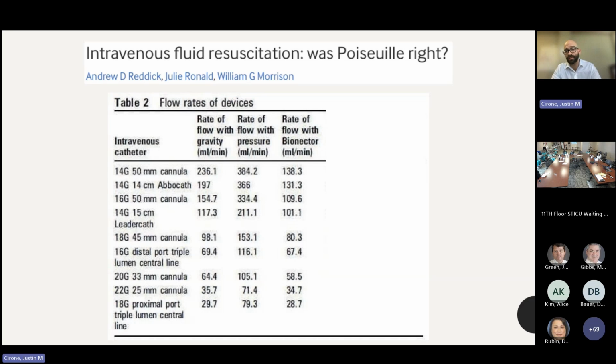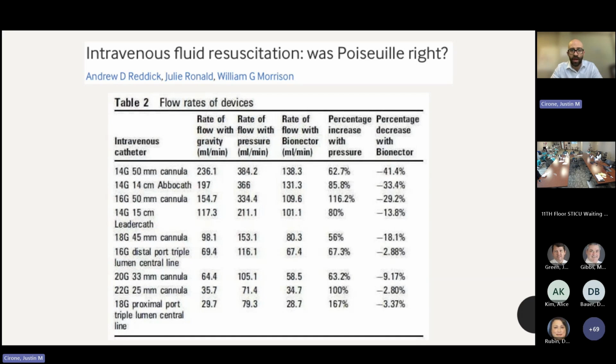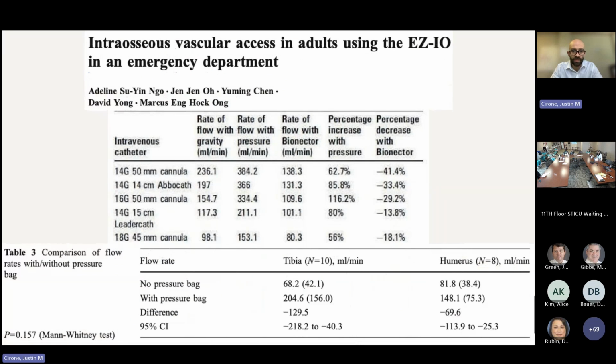Even if you put in a 14, or even if you've got a Cordis in there, if you put a needleless connector on it, that is a point of resistance, and that will significantly drop off the amount of volume you can infuse, regardless of how big the tube is, because you put that connector on there. And as you can imagine, with pressure it goes up, and with the BioNectar, they all go down to varying degrees. When you look at the